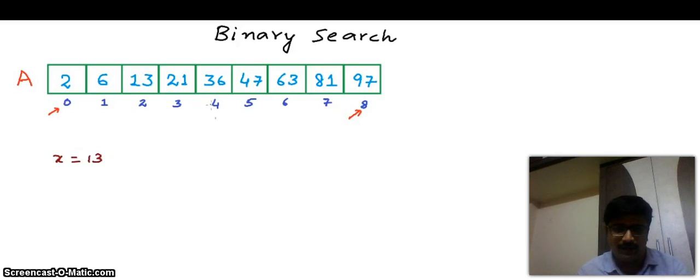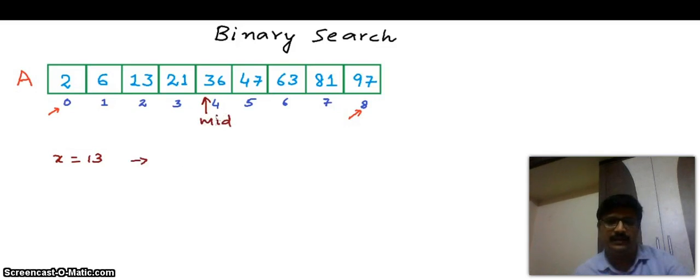Instead of comparing x with the first element, in the case of binary search, we will compare it with the middle element. Now the size of the array is 9, so the middle element will be at index 4.